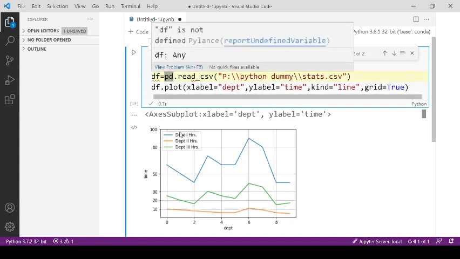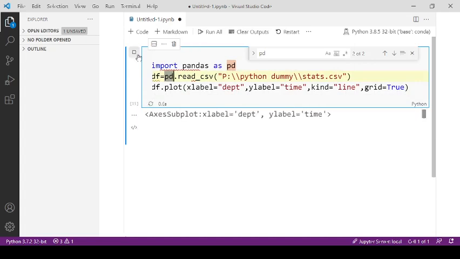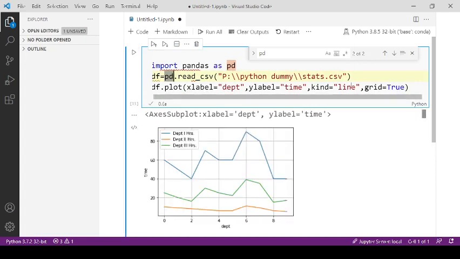So now you know how to represent data using different graphs. We can use line graph, bar graph, box graph, area graph, and we have different values for the kind parameter. So accordingly we can show the data on different graphs.